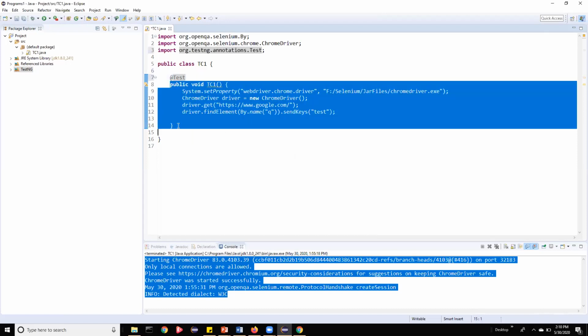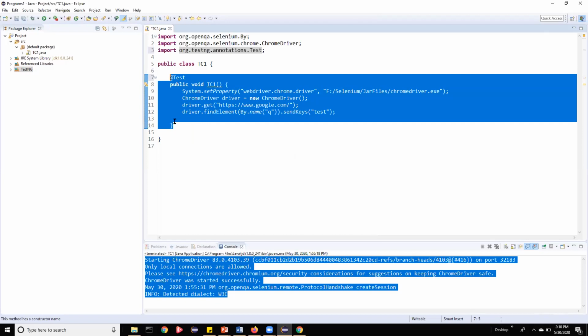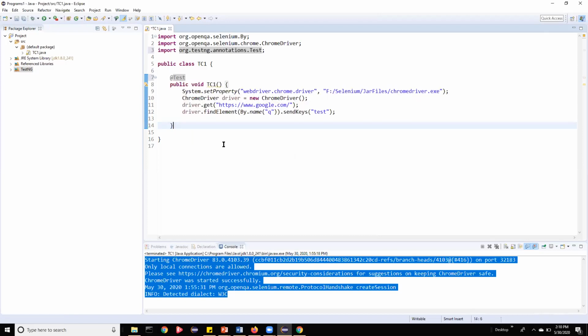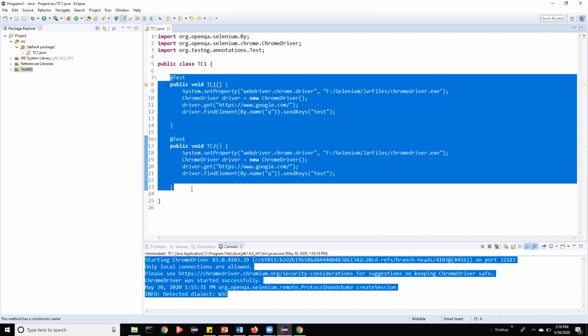Like this, you can have n number of test cases in one class. I wanted to make this one a test case too. If you run this class, all the test cases listed in that class will run.